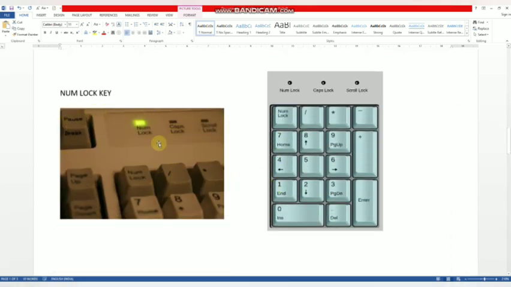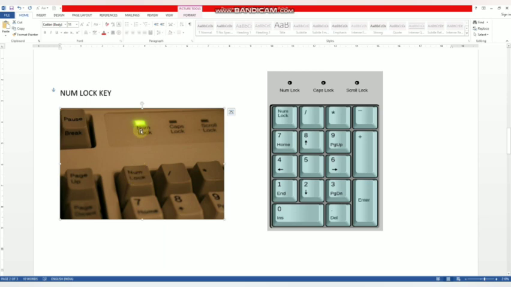See here. Again, like the caps lock key, if you press the num lock key, the green light appears in the num lock option. So, if num lock is on, then you can see the green light here. If num lock is off, you cannot see the green light.